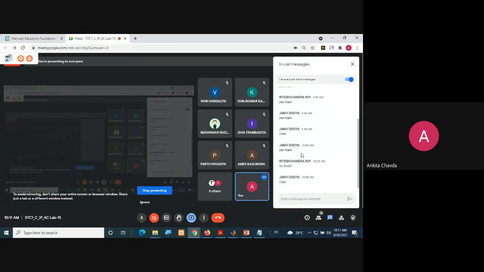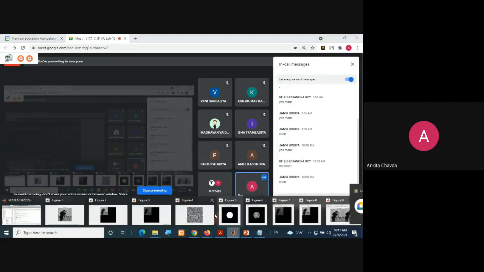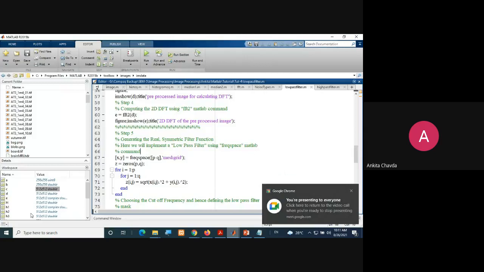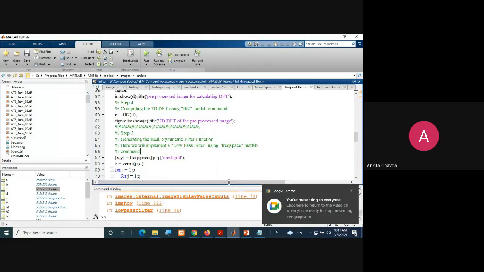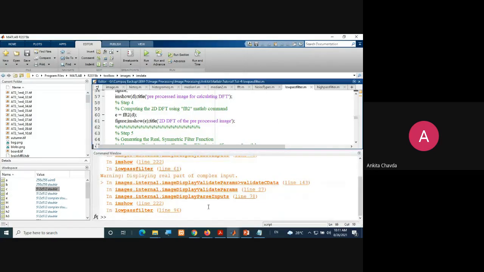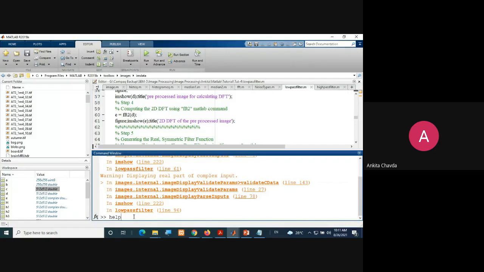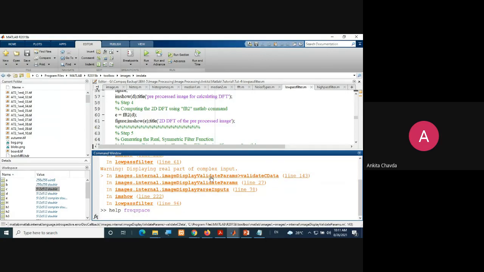So there is one function in MATLAB, frequency space. It will distribute your frequency domain into equal parts. And how it does that, I'm showing you.